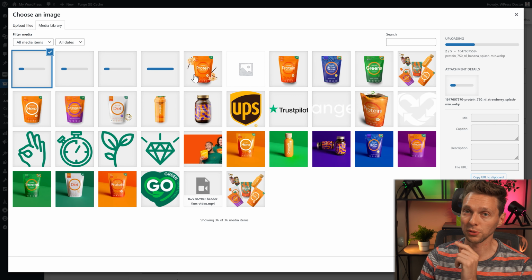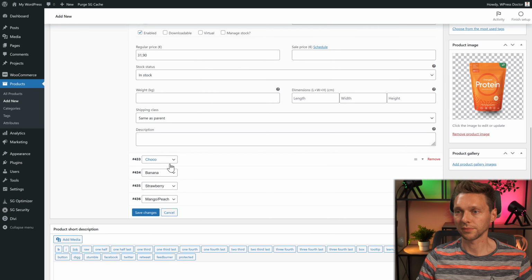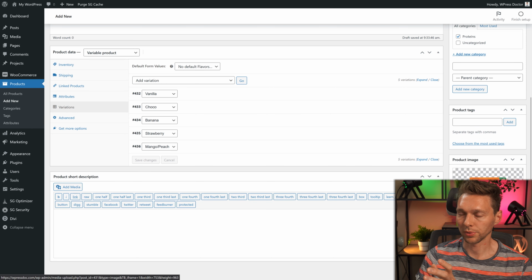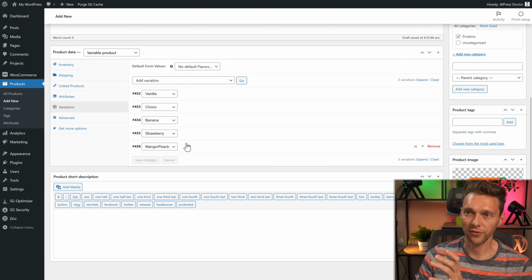This is the variation image, protein vanilla. Then we're going to paste this. We go to choco. And I'm going to fill them in real fast. And when you're all set and done, press save changes. Right, now we have added one product, the protein, which has 5 variations.